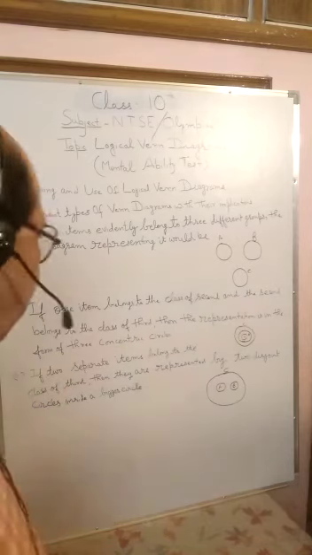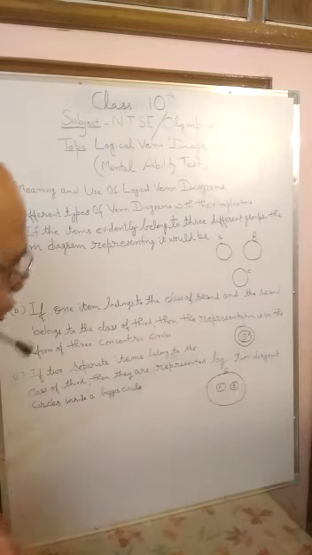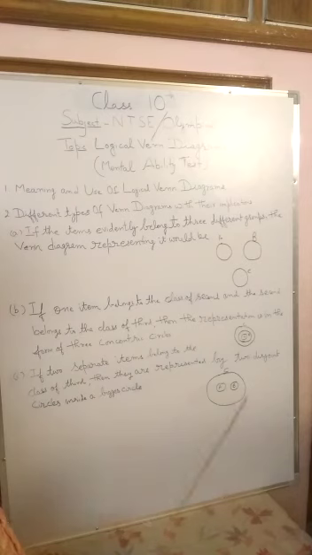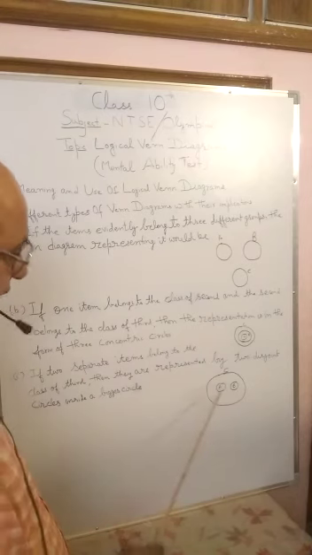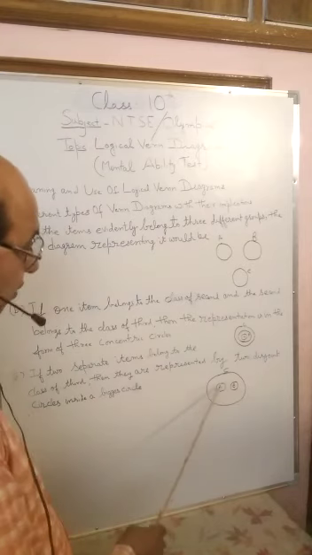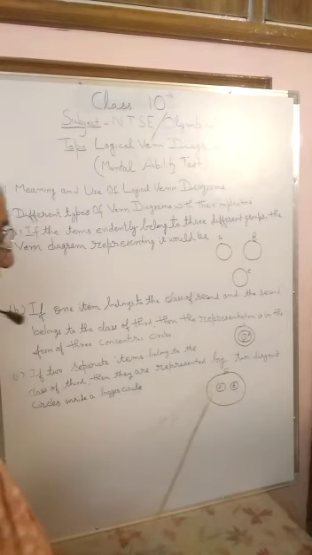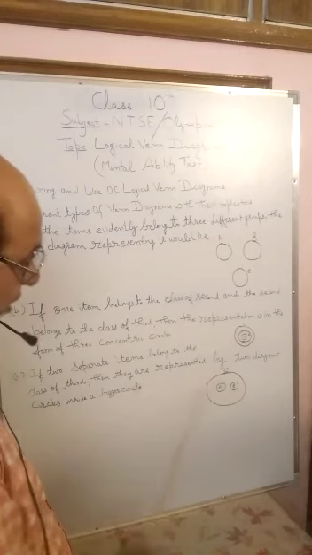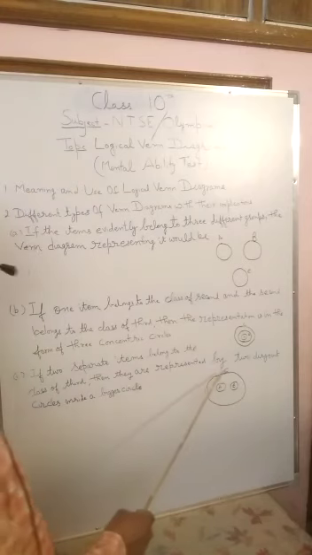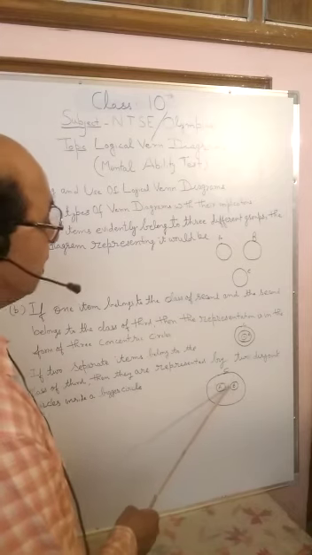In the third category, we have two separate items belonging to the class of a third. Then they are represented by two disjoint circles inside a bigger circle. For example, two disjoint sets are A and B. A represents chairs, B represents tables. Chairs and tables are two different things which we use in our life, but they both are a part of furniture. So C is the bigger set representing furniture.